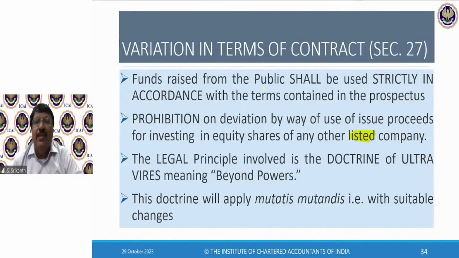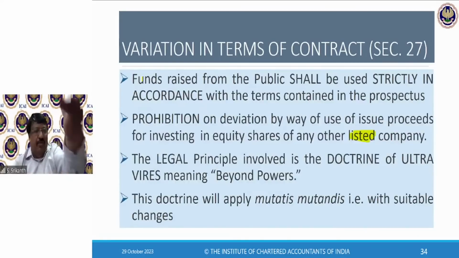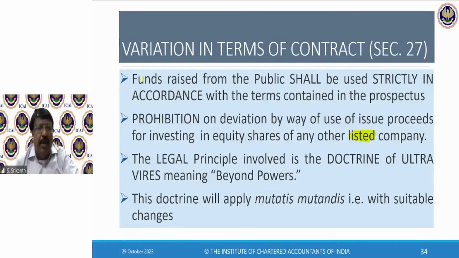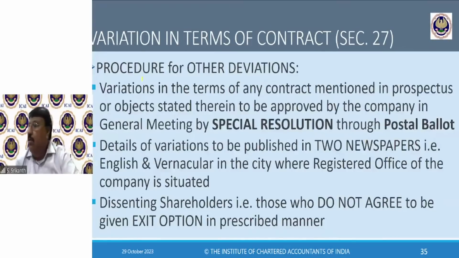See, whatever money is raised, listen to me. I'm just explaining this point. Second point, money raised by issuing prospectus from the public cannot be invested in equity shares of any other listed company. Meaning, you cannot take money from the public by issuing prospectus and use that money to invest in another listed company. I gave the example: you take money from the public, then invest in Reliance Industries Limited. No, not allowed. You cannot invest in any other listed company. That's what it is. Anmol Patwa was asking whether you can make an investment in an unlisted company. Yes, you can. Okay.